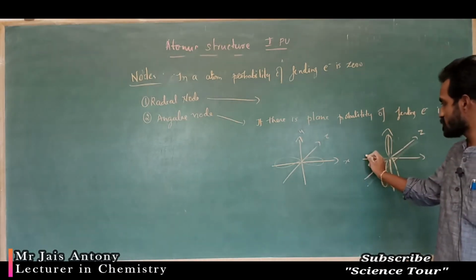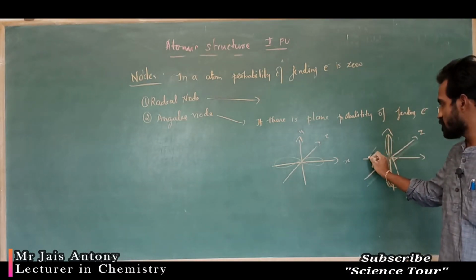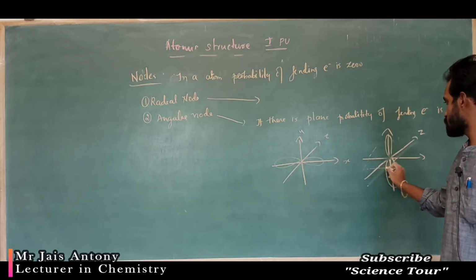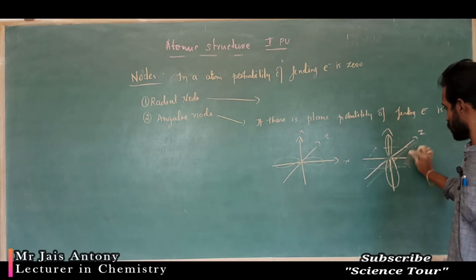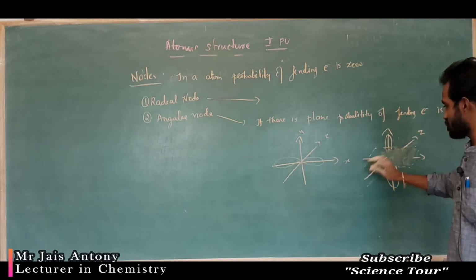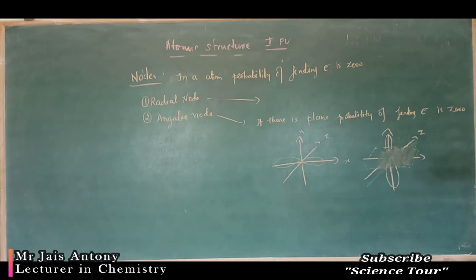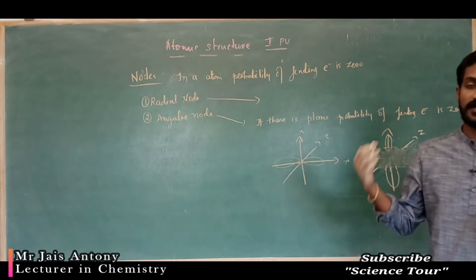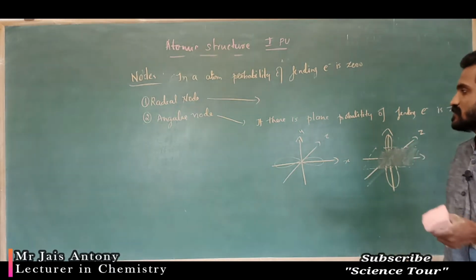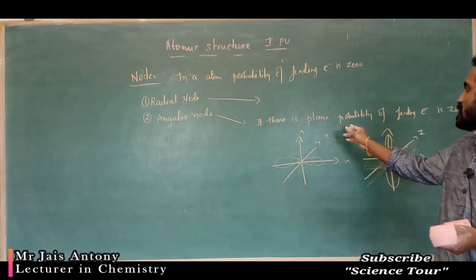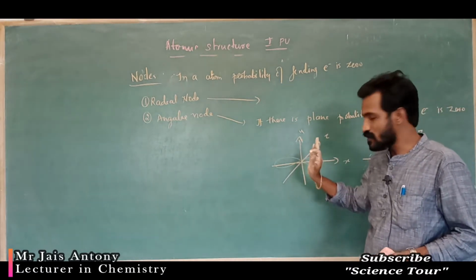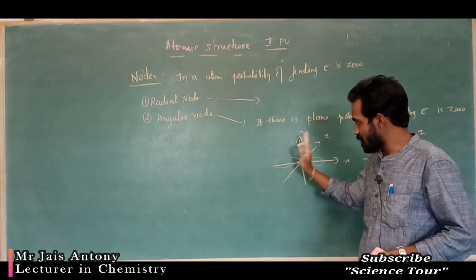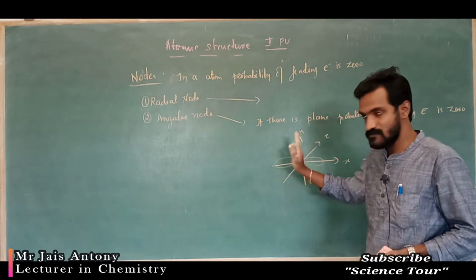So 3D dimension, if you want, means I can draw one plane separating through the x axis. Think like this, but drawing in 3D is difficult, so come to know this. So there is a plane, my dear students, I will explain: if I cut this particular lobe like this, that is a plane, imagine a y axis plane.